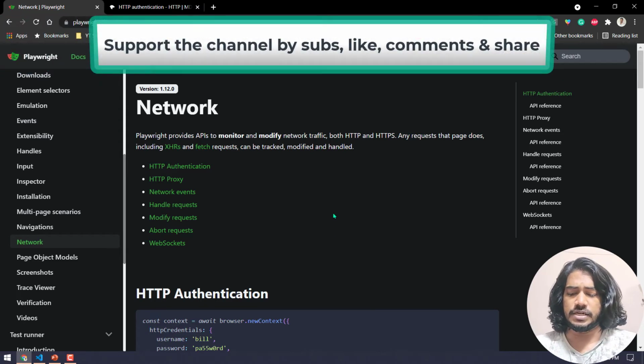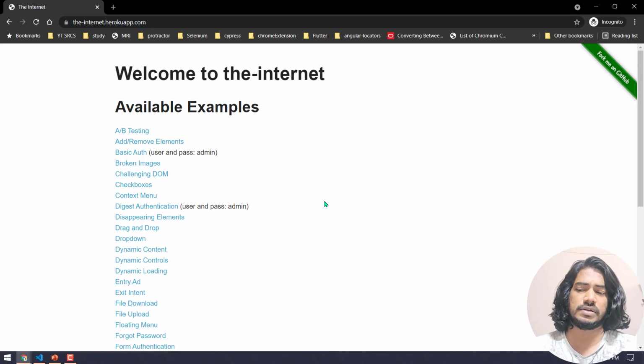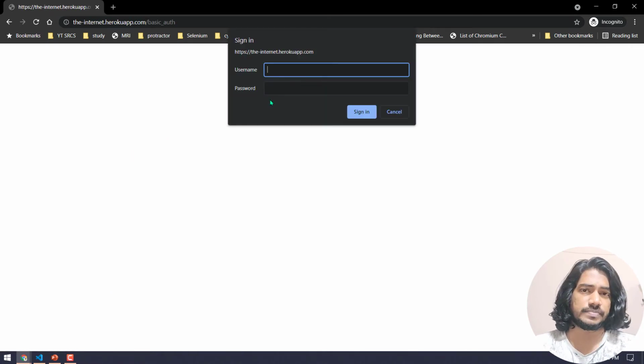Okay. Before that, if you wonder what that really is, it's going to be very simple, guys. Whenever we open some page, we might see an alert box where we have to enter the username and the password. Okay. Most people, learners basically, get the doubt that it's an alert, right? For example, if I click on this basic auth, you can see that it's giving us an alert. Okay, so this is not an alert actually. If we try to handle it as an alert, that's not going to work. Okay, so it's not an alert, it's known as HTTP authentication, and it's coming from your server.